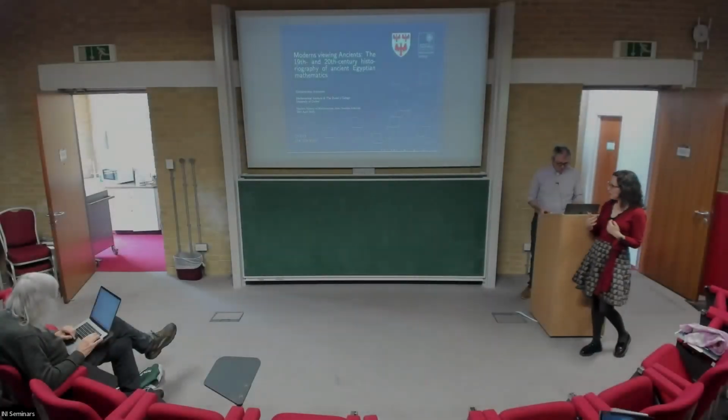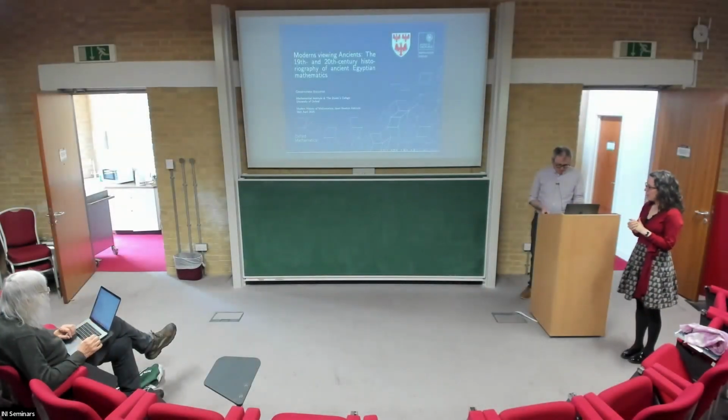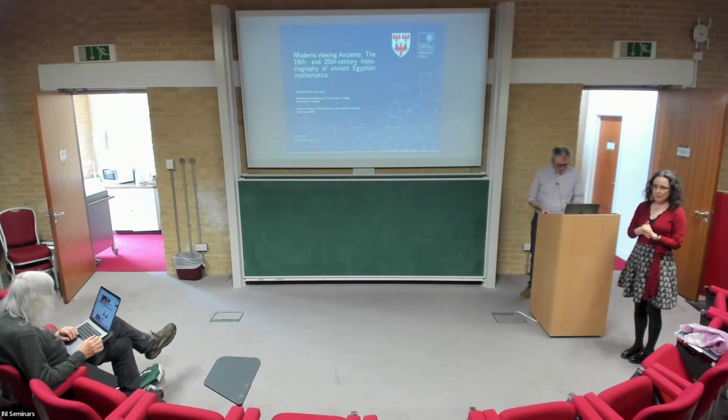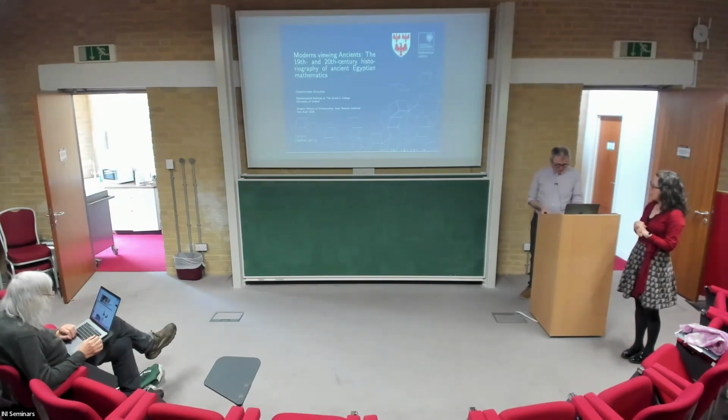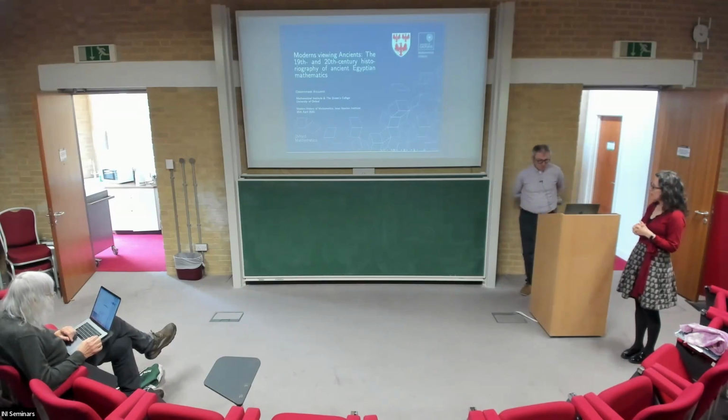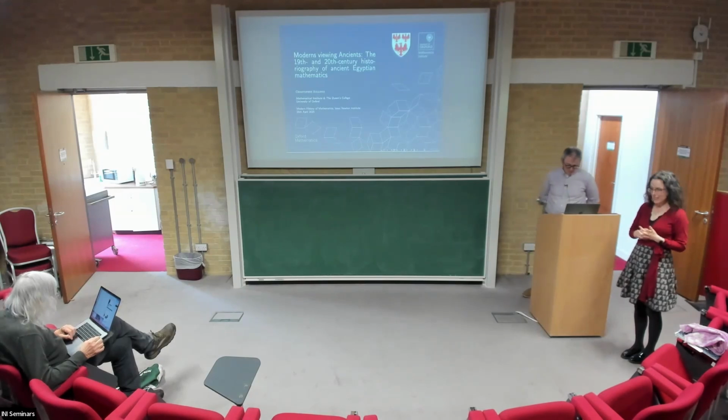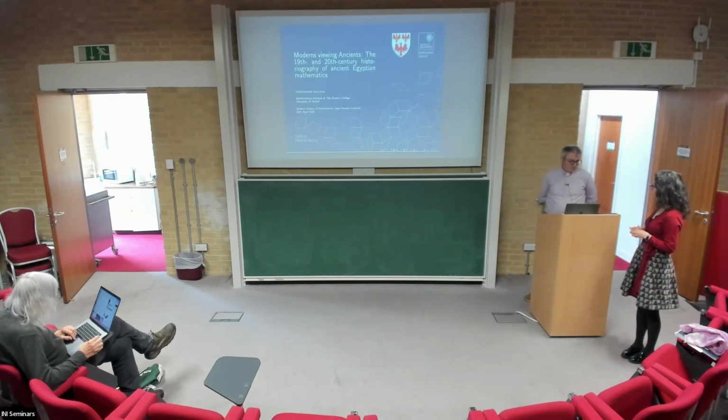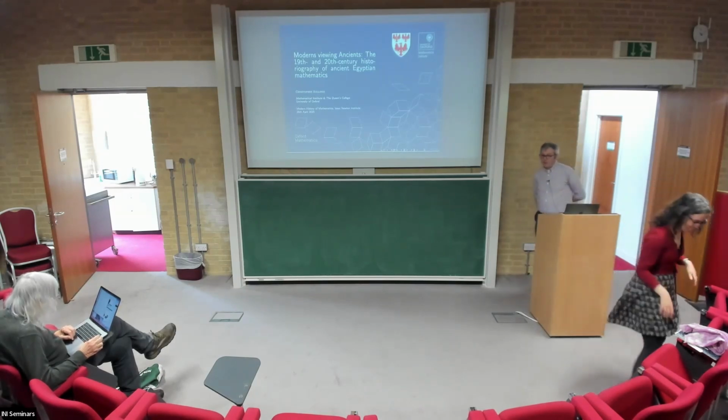I'm happy to welcome you to this afternoon seminar, part of the Modern History of Mathematics program at the Isaac Newton Institute this term. We have with us this afternoon Christopher Hollings from the University of Oxford, who's going to tell us about 19th and 20th century historiography of ancient Egyptian mathematics. Over to you.